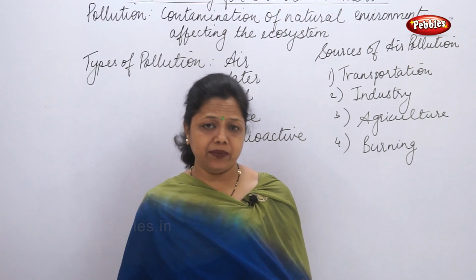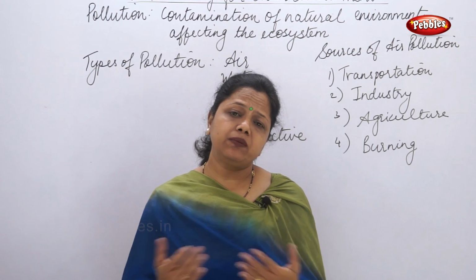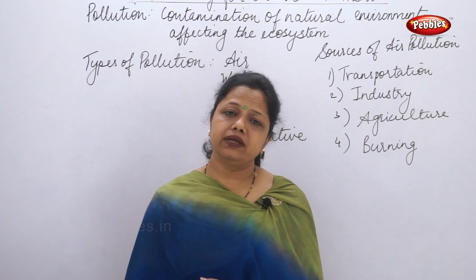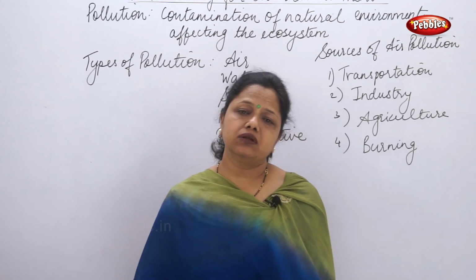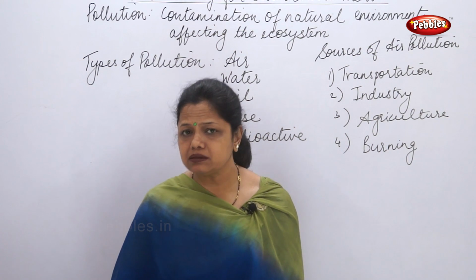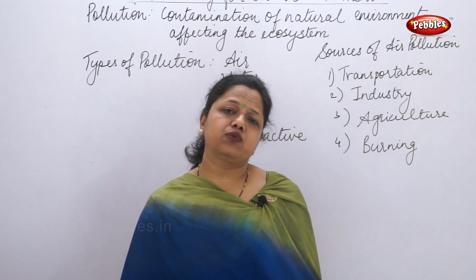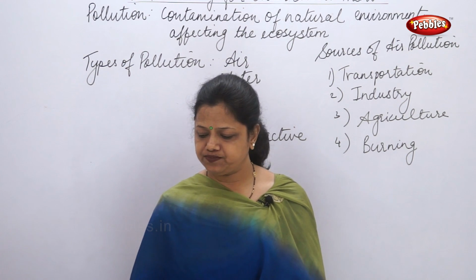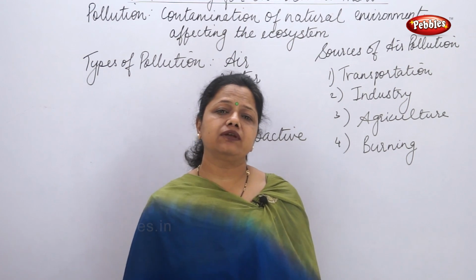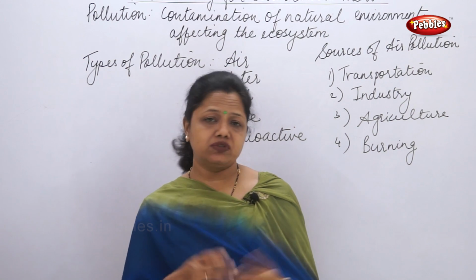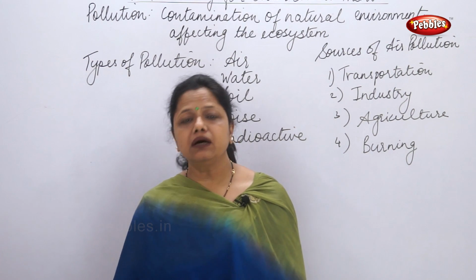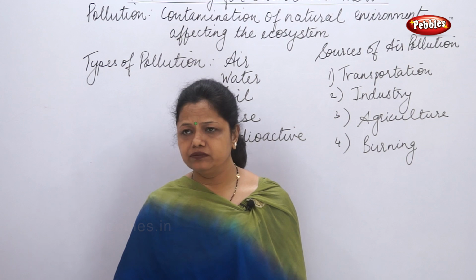This may happen, and what will be the effect on us? Ultraviolet radiations may directly affect the earth, and it may cause cancer to us, or it may cause problems to the plants and animals. So this is the second type of effect, ozone layer depletion. First we saw acid rain. Then third, I can say,